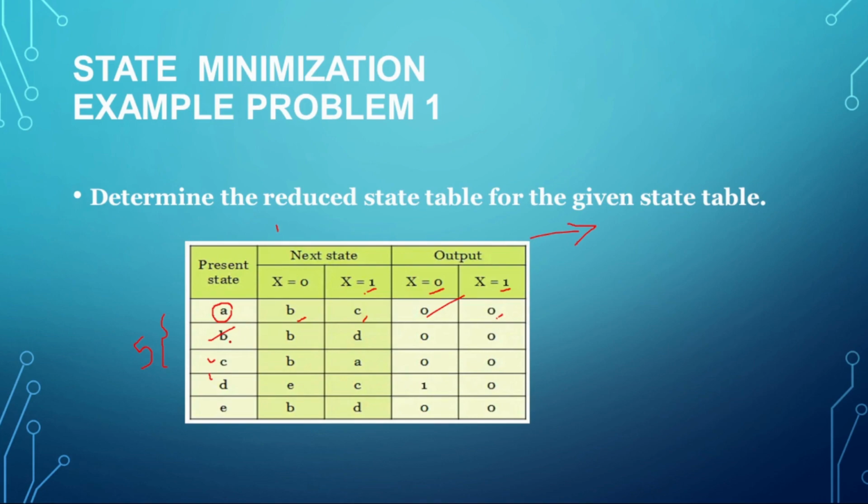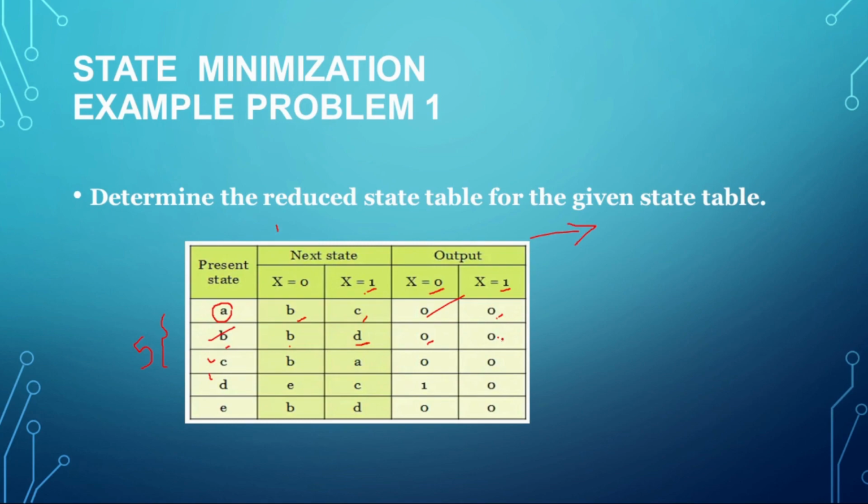Like that, the next present state is B. For B, when input is equal to 0, the next state is B. When input is given as 1, the next state of B is D. So when input is equal to 0, the output of B is 0, and when input is equal to 1, the output of